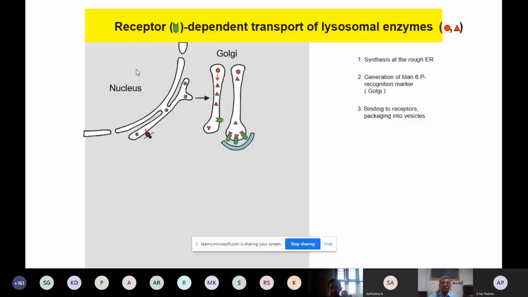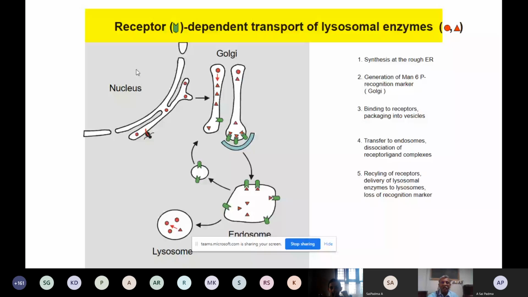Yeah, next. You click a couple of times so that you get the points here. So the